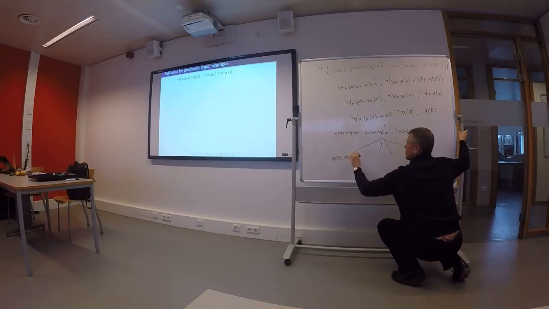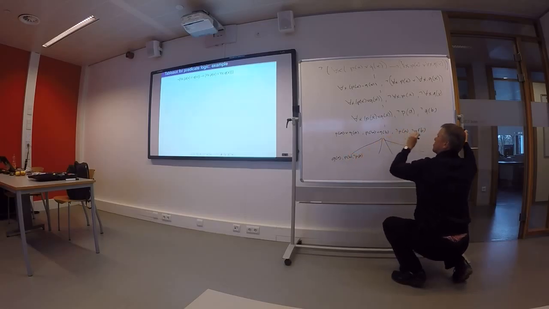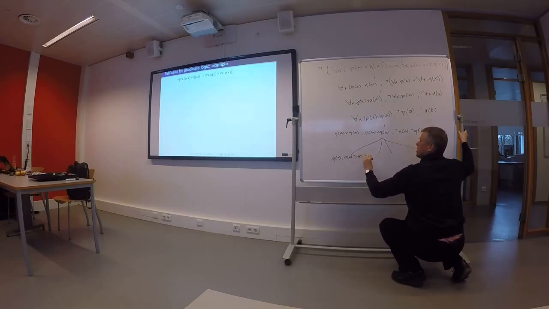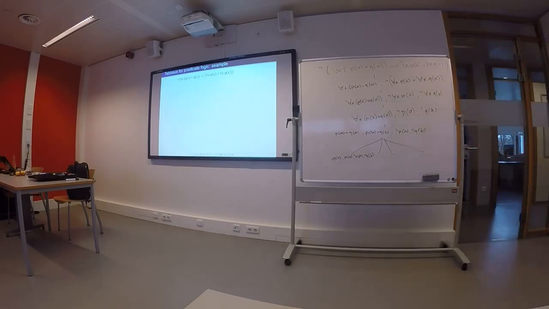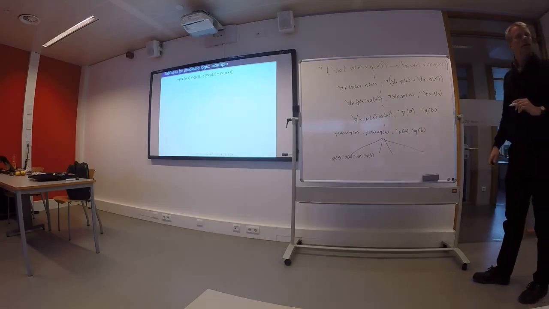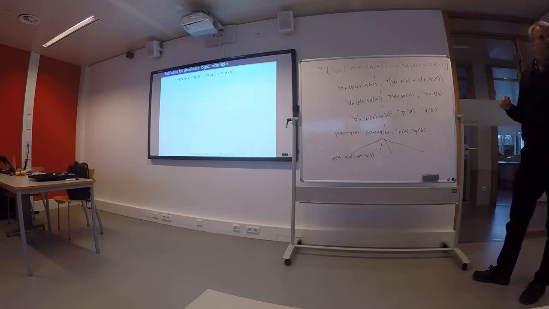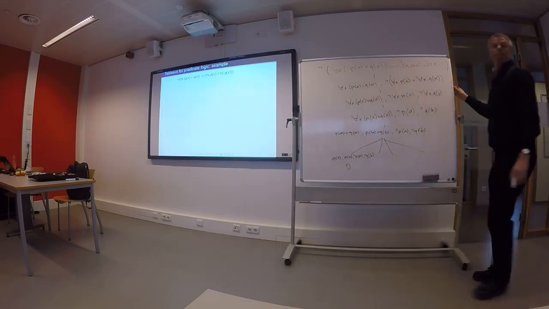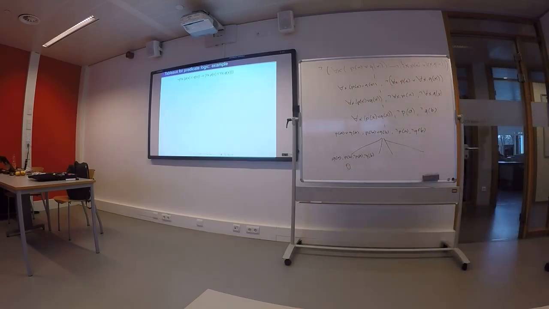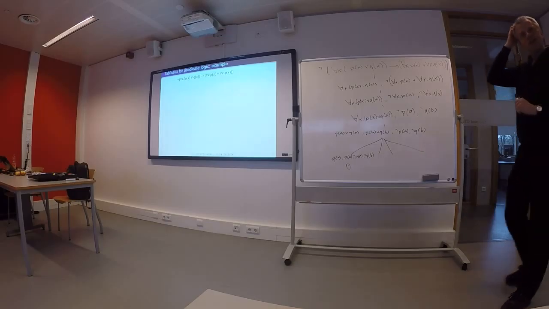I have nothing more to pick because not PA stays and not QB also stays. Now I'm down to the level of, well, they're not quite literals because they are predicates applied to a constant, but I can't decompose this any further. This branch doesn't close, it's actually open. I think this is the only open branch, the other three close. This means I have found an interpretation for which